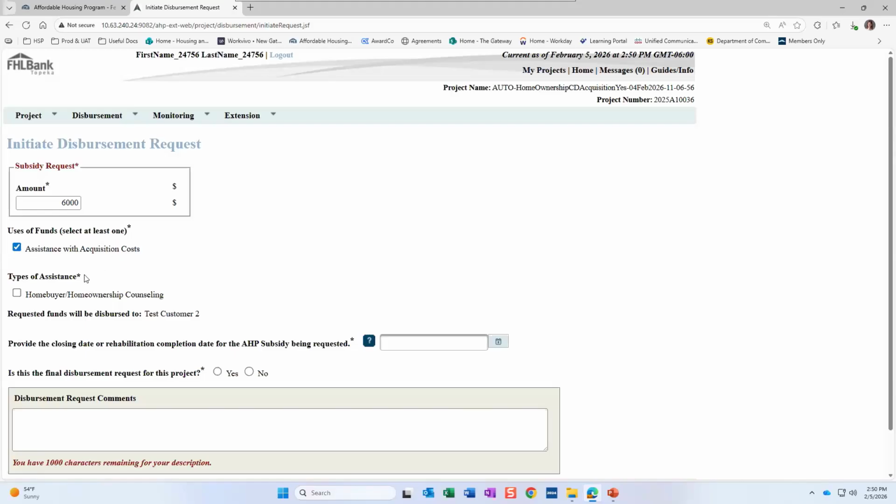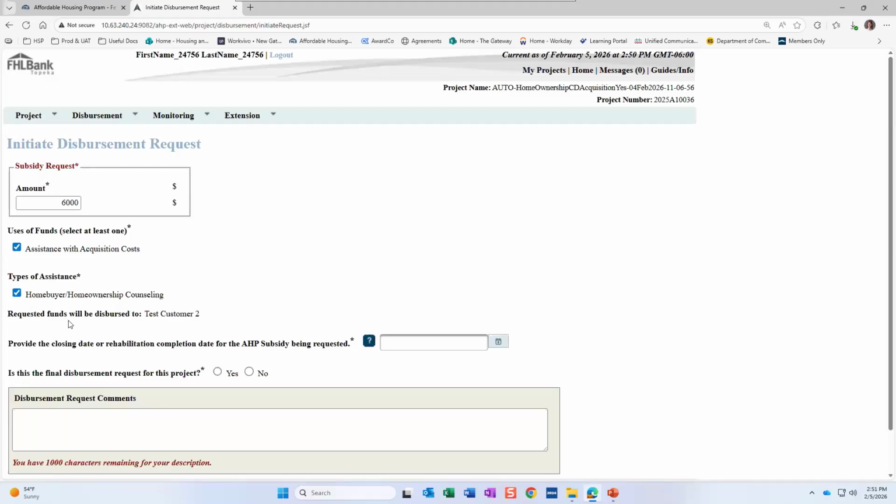Types of assistance also has a little asterisk. You all will have an extra category down here. Again, I apologize for the restraints of the test system here. It'll have something similar to assistance with acquisition costs, and it will potentially have this homeownership counseling or homebuyer counseling box if you have the homebuyer counseling commitment. So for this one, we're going to select it because we do have to select something to get this to save for us. But this will only be selected if the household took the class and there is a fee being charged. So this is just telling us, yes, we're using some of the AHP funds to pay for the homebuyer counseling course.